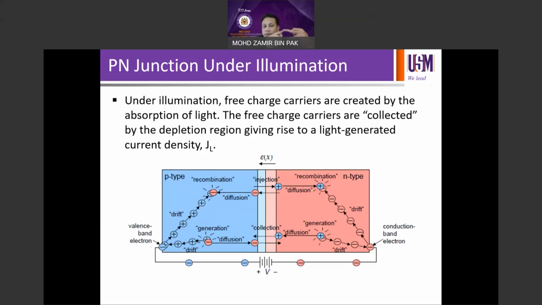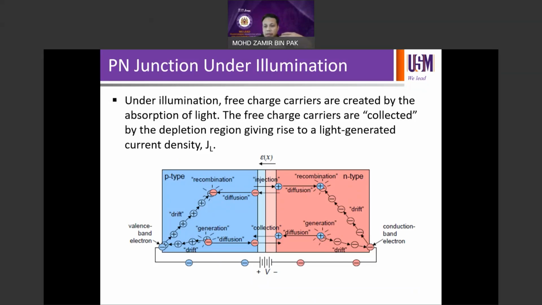The remaining two conditions will cause generation of free charge carriers, where the first one is E_ph equals E_g, right? The energy of the incident photon is equal to the band gap of your semiconductor material. If you're talking about crystalline silicon, then we're talking about 1.12 electron volt. And the light will be absorbed, and therefore the charge carriers will be generated. The third condition can also cause photogeneration, where your E_ph is more than the E_g,